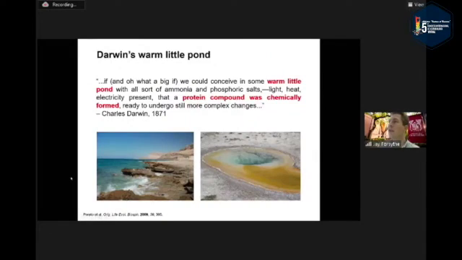So many of you are probably familiar with the warm little pond hypothesis, right? So Darwin wrote this in a letter to Joseph Hooker in 1871, some years later after On the Origin of Species. And he was kind of thinking about how life could have started, and he proposed this idea of a warm little pond in which different energy sources and chemicals and salts and things like that could have come together to make protein, right? And at the time, he wasn't really sure exactly the role of protein versus nucleic acid, right? Those roles were discovered much later,